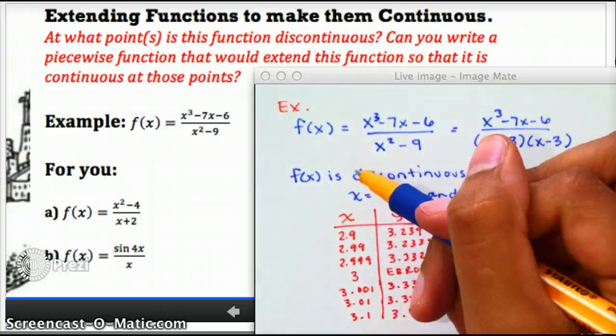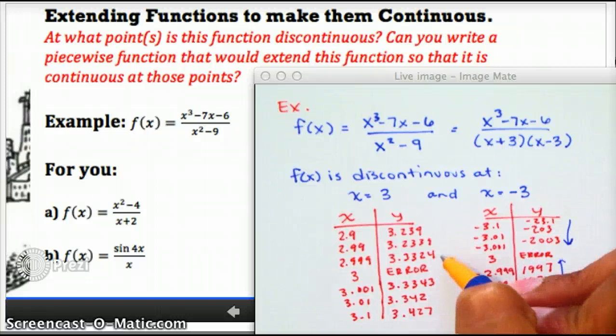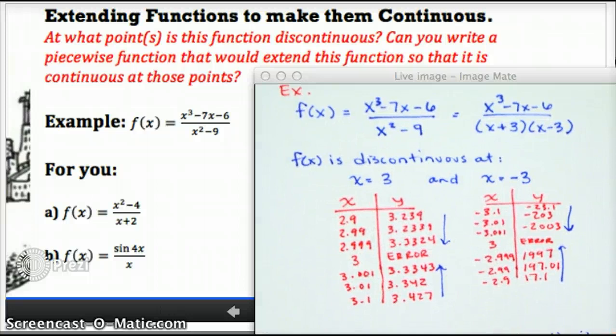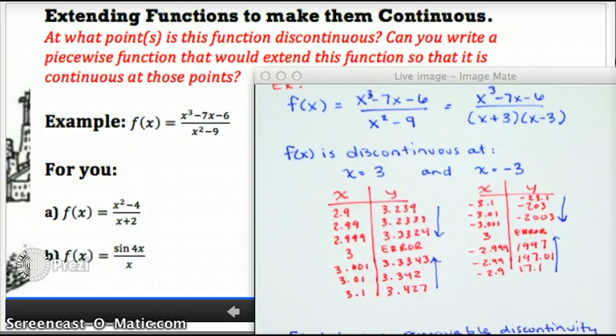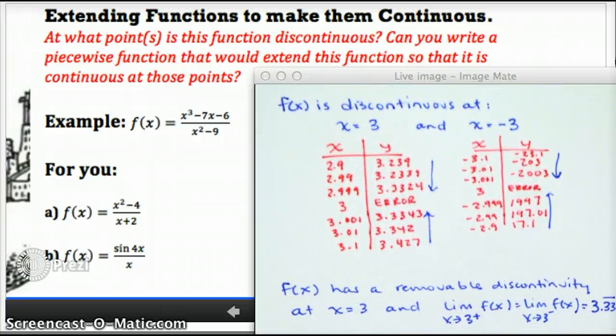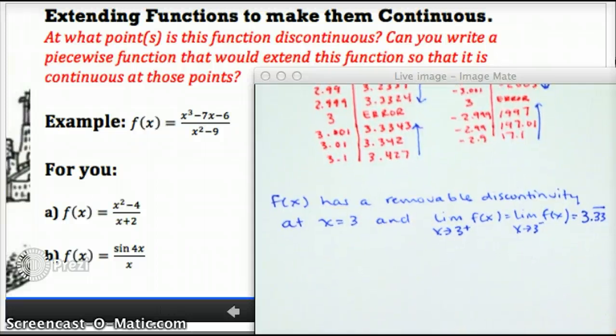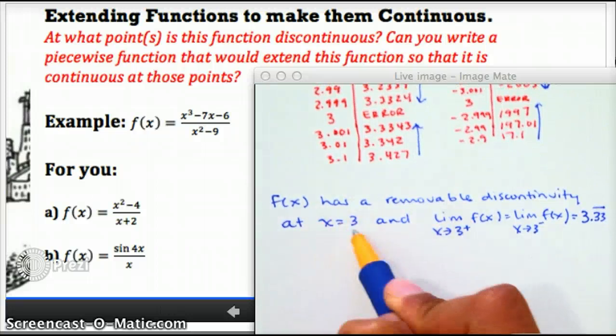But at 3, the limit does look like it exists, because on both sides, as we get closer and closer to 3, the limit seems to be approaching 3.33333. So I would say f of x has a removable discontinuity at x equals 3. And that's because the limit from the right equals the limit from the left, and they both equal this number. So if you think about it, this function by itself is not continuous at 3 because of this